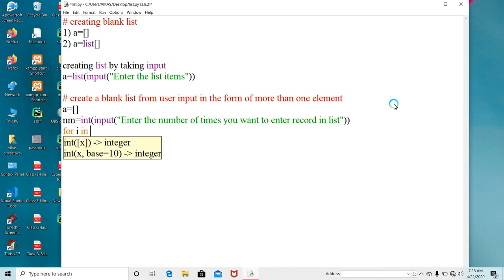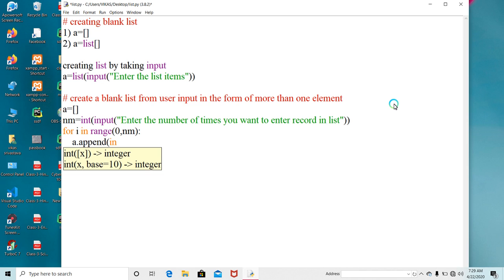And then for i in range I will go from 0 to nm, and then here I will write a.append. Append is a function which inserts the value in the list at the last index. Means if we have a is equal to 1 2 3, and we are appending, the new element will be inserted at the end of the list, after the 3.